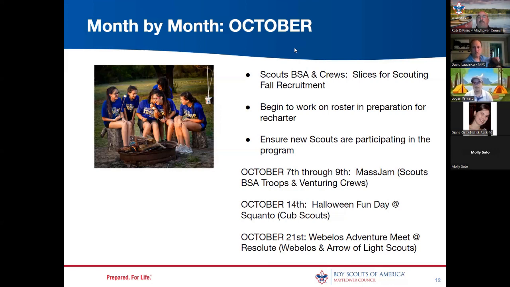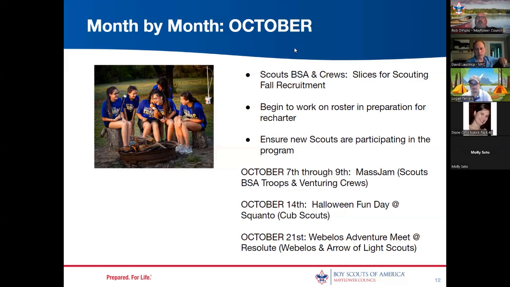By this point, October, you already have a good idea of who has returned as a scout, who's continuing, and hopefully those who did not return. If you have not done so already, you should be reaching out to those families to get clarification as to why they have not continued, if they're still planning on continuing, or if it's just a sports related thing, because you have to start getting your roster ready for rechartering. And this is another important reason why you should have monthly leader meetings, check-ins with your den leaders, so that if there are any particular scouts that haven't been showing up, you can find out why and reach out to them and help out with that.